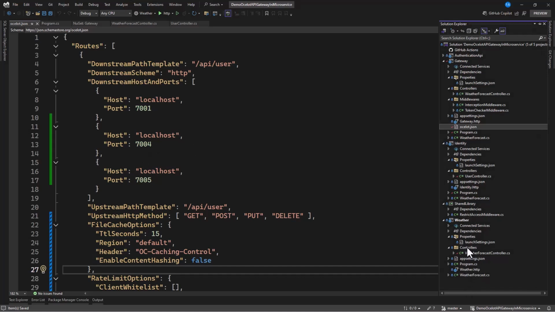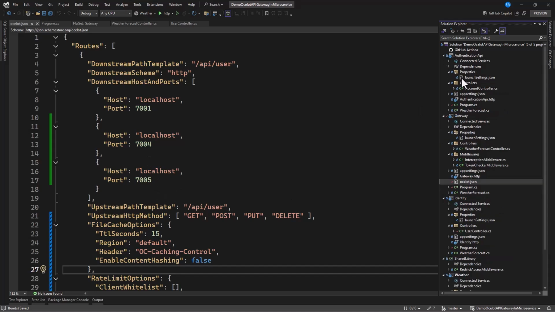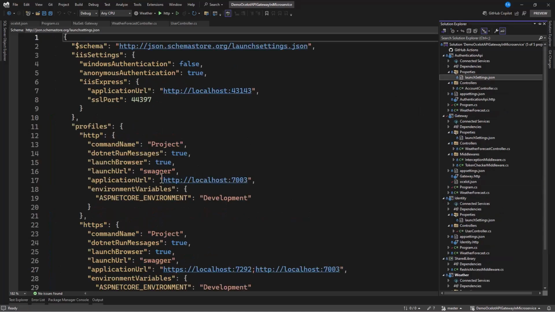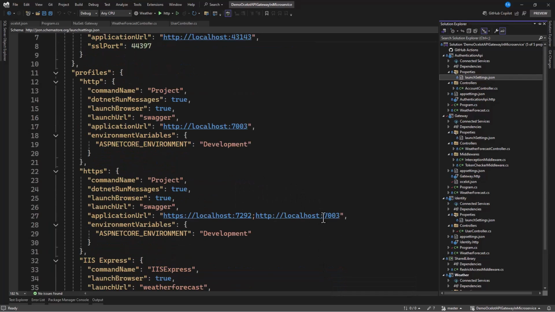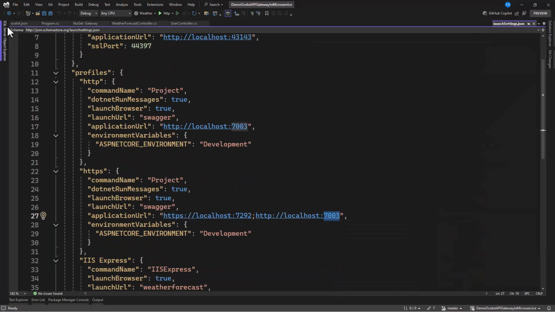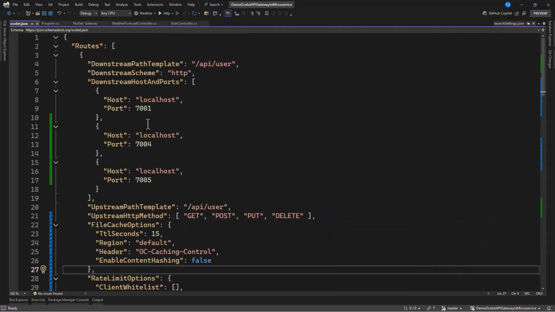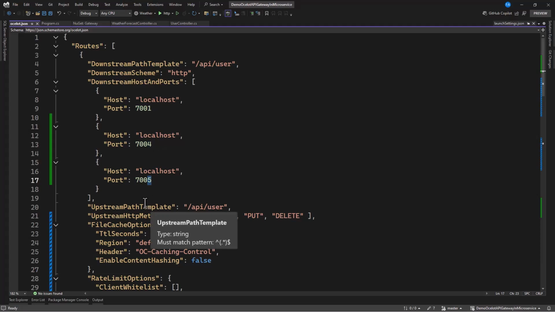Let's see which port the authentication is using. Let's check the launch settings. This is using 7003. Okay, 7003. So when you go to our Ocelot, we can use 7004 and now 7005. Great. Let's check and see.